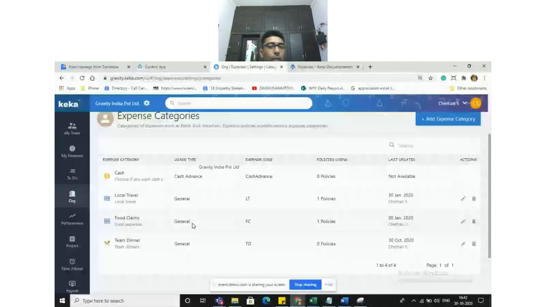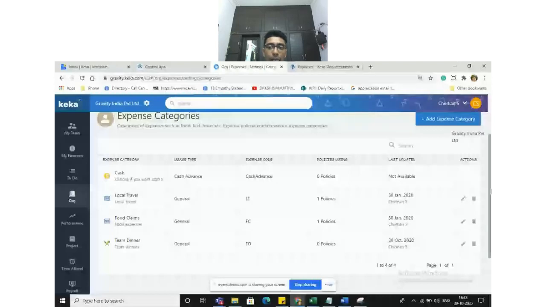You will be giving it to employees, and you will assign it to a particular policy. These policies may vary from employee level to employee designation. One particular designation, a set of level 1 to level 3, may have a common set of expense policies and common amounts of expense reimbursements. The other level or band can have different amounts of reimbursements. Like that, you can define a policy however you want, based upon designations or levels or the number of categories assigned to a particular policy. You can customize it as you want.